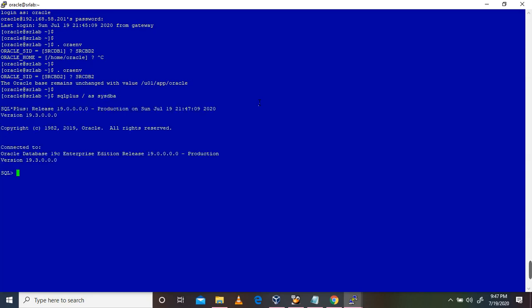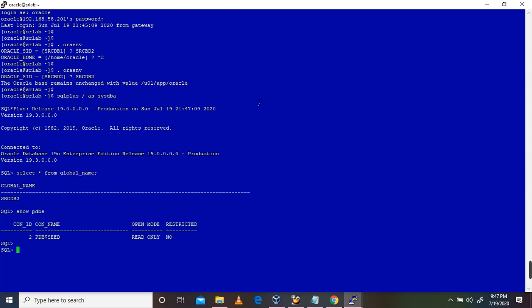Here it is 19c. Here the 12c version database is running a container with pluggable. But in the target database, 19c, it's running only an empty container database. So what we are going to do is clone from the source to the target. So you can see here, it is an empty container. There is no pluggable database.